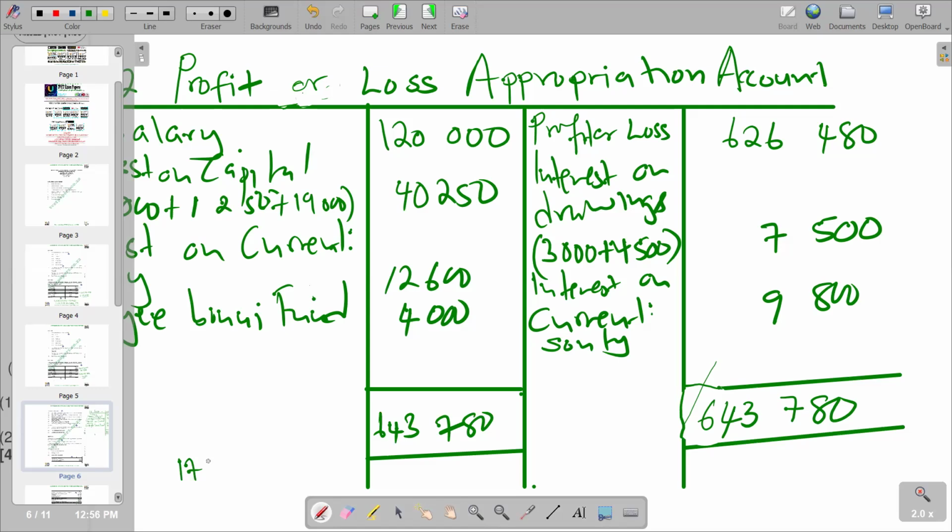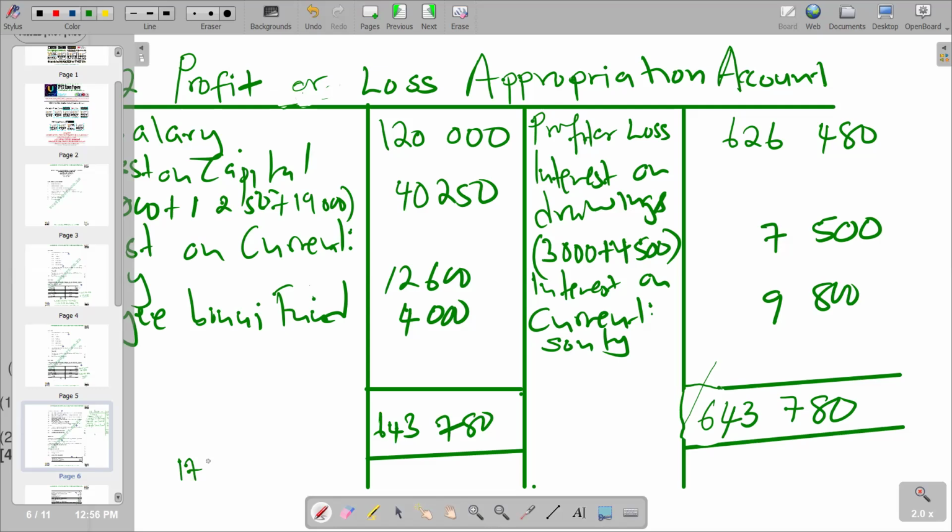So if we have a smaller total on the debit side, it means the balancing figure is also coming to the debit side, and it will be a profit. This is a share of profit that is taking place if we are having a smaller total on the debit side. So here we are just going to indicate it as